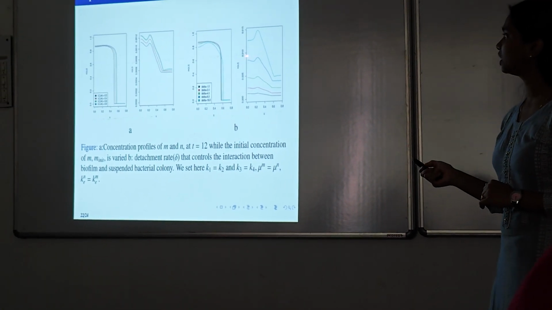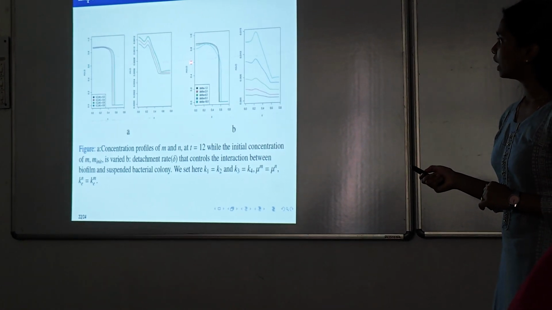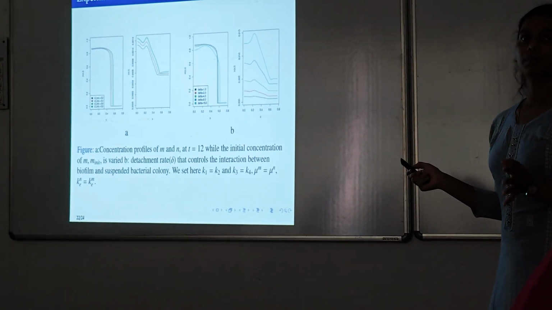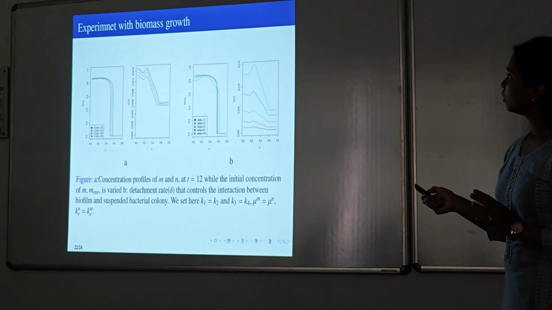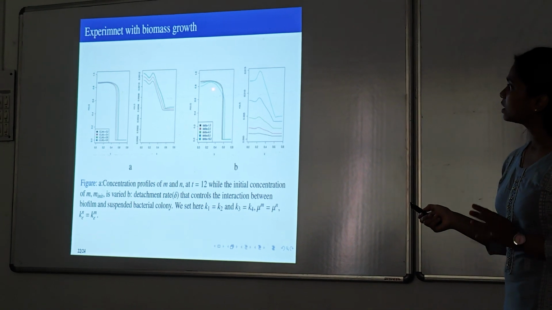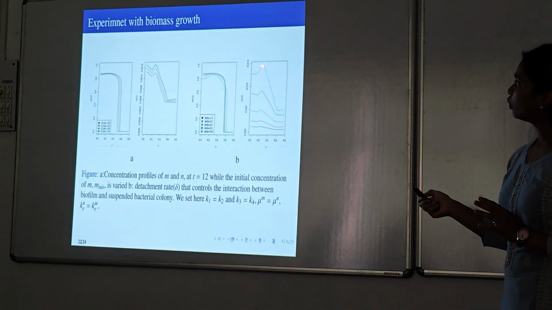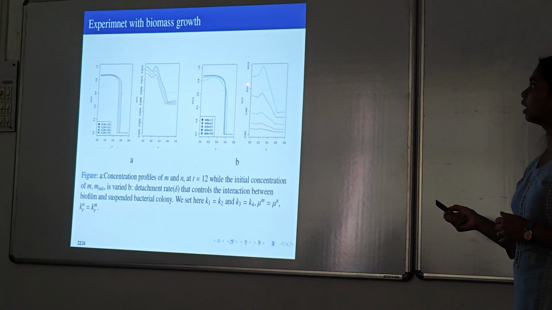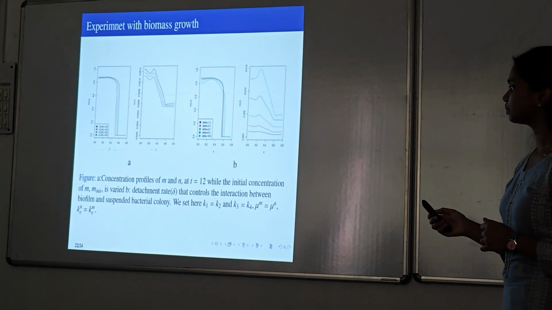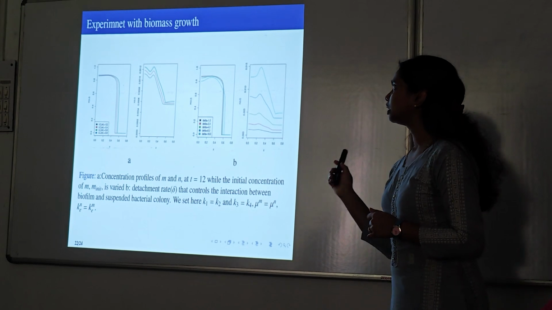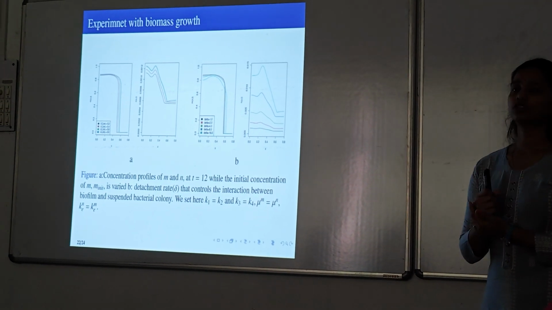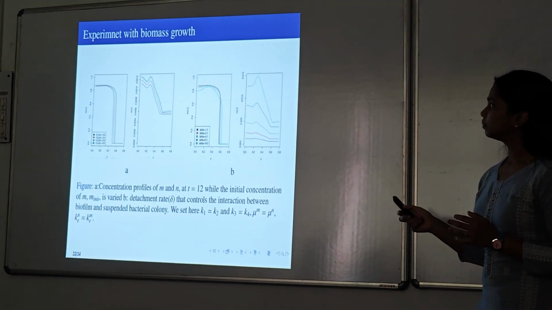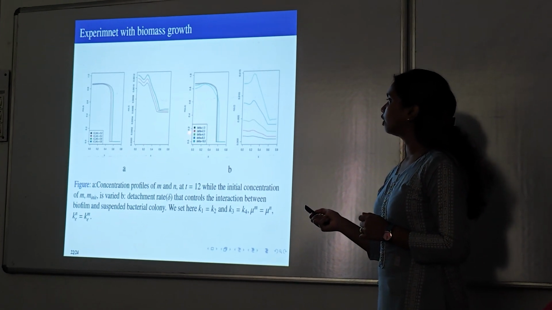And for this case, we have changed the detachment rate. As we increase the detachment rate, because of our model, the more the biomass detaches from here, the more bacterial cluster or accumulation is happening in the aqueous phase. So these are the factors behind the biomass growth, not specifically in the biofilm. It is both for the biofilm and the aqueous phase.